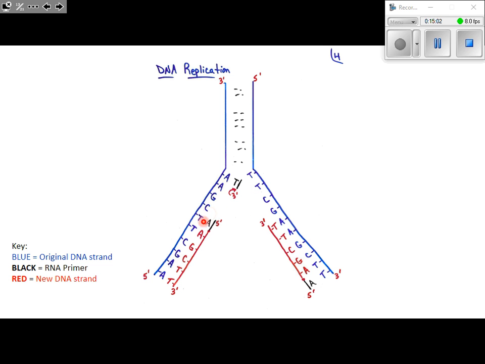But right here, look carefully, this is a 5' end. See, 3' here, 5' here. We cannot add to that 5'. So on this side, we have to bring primase back in to put another piece of primer here to create another 3' end right here where my pointer is. We don't have to do that on this side. We've already got a 3' end. But on this side, we have to add another piece of primer to create a 3' end,